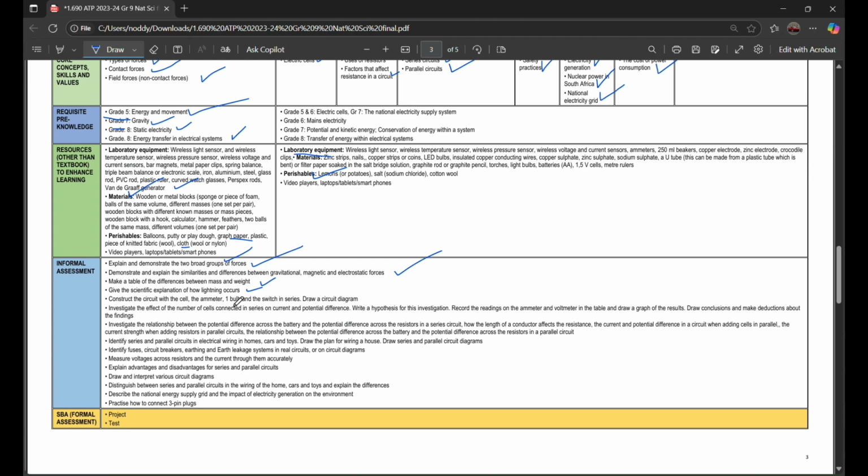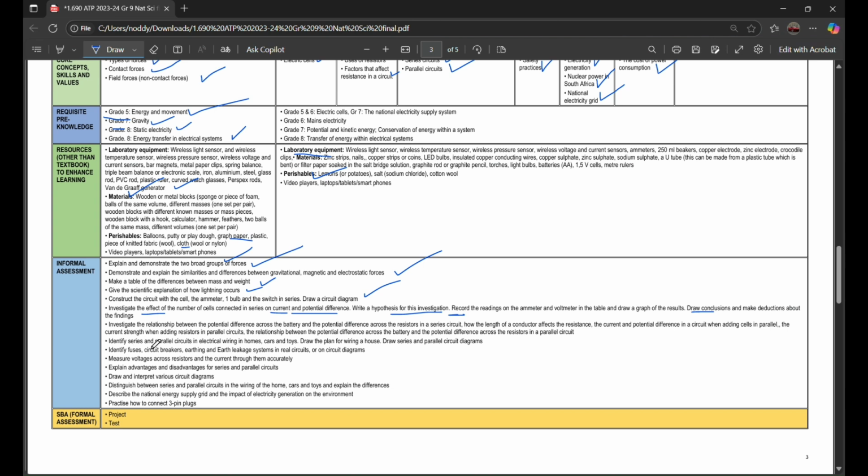construct the circuit with the cell, the ammeter, one bulb, and the switch in series, draw a circuit diagram, investigate the effect of the number of cells connected in series on current and potential difference, write a hypothesis for this investigation, record the readings on the ammeter and voltmeter in the table, and draw a graph of the results,